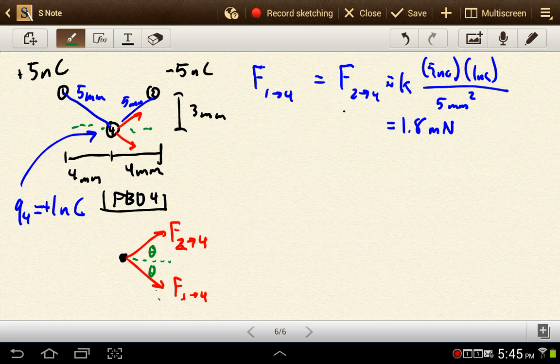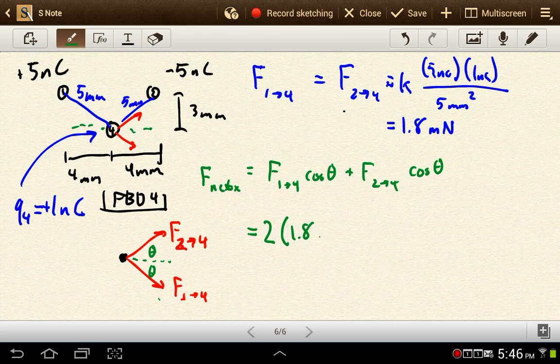All we really need to do is worry about the x component of these, because the two forces have the same magnitude, so the y components will cancel out. So the net force in the x direction is going to be F of 1 on 4 times cosine of theta plus F of 2 on 4 times cosine of theta, which, since the magnitudes of the two forces are the same, as we showed up here,